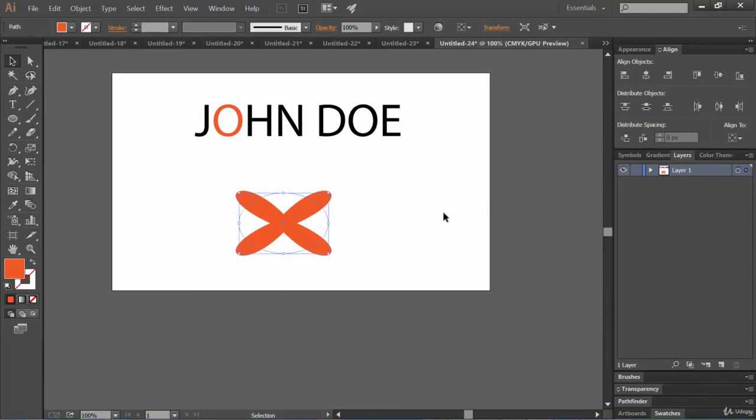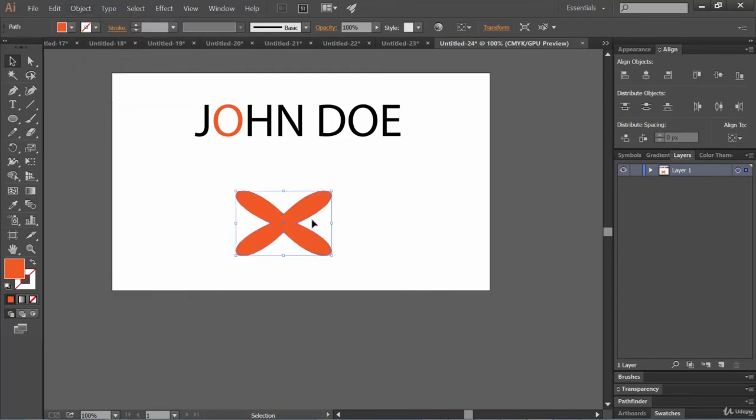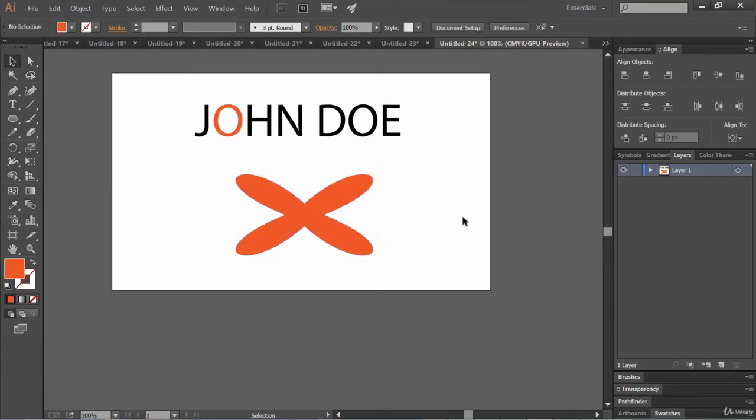We don't want that. Let's go to object, click on expand appearance, and now see the bounding box. So you can apply that expand appearance after applying an effect.